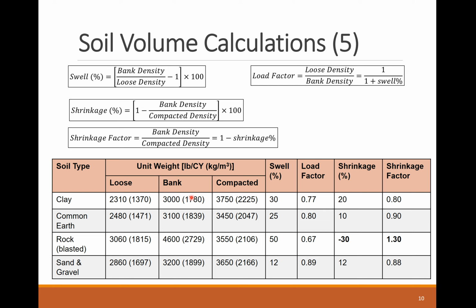So here is a summary of the 4 main parameters that relate between the soil volumes and its bank, loose, and compacted states. Also, this table shows rough density and volume change parameters values for some soil types. The loose, bank, and compacted densities are given in both